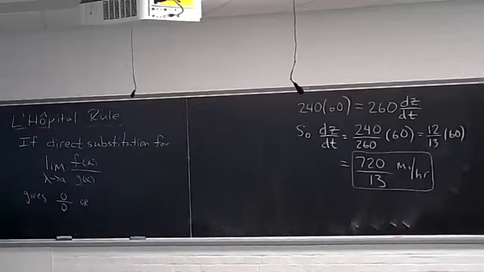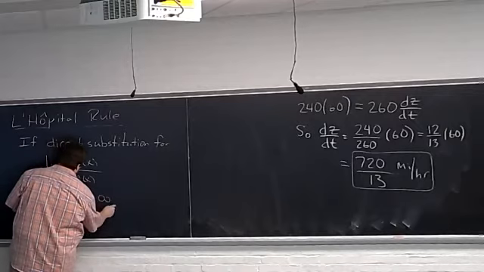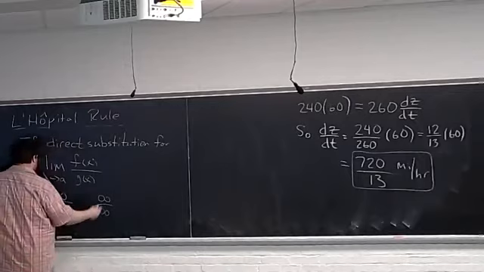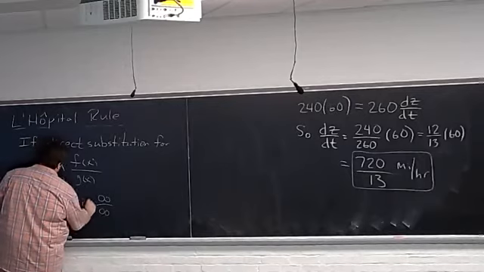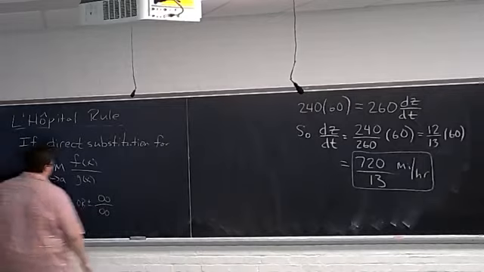A could be infinity. This limit could be as x goes to infinity. And you can think of substitution with that. But if a direct substitution argument gives a 0 over 0 or an infinity over infinity, where they can be positive or negative in each case, then